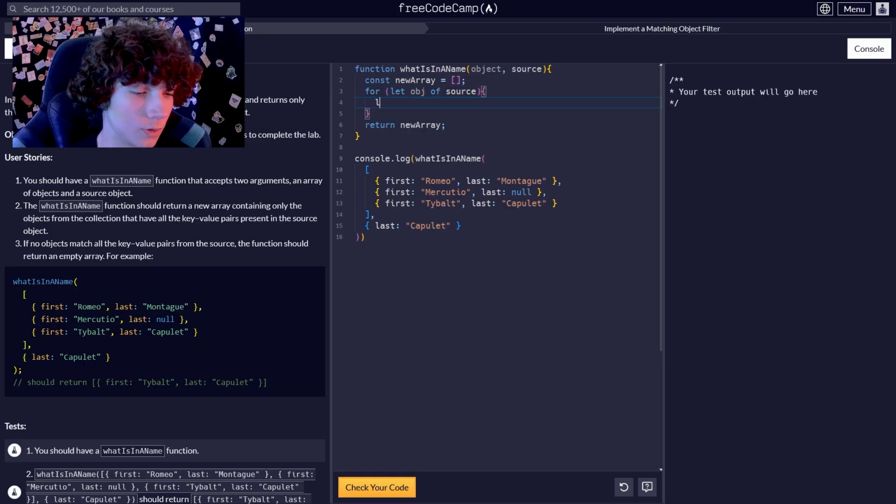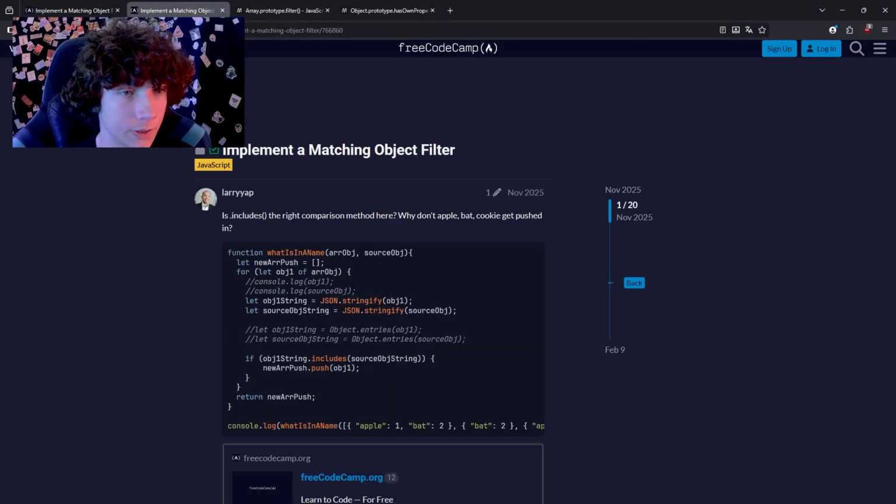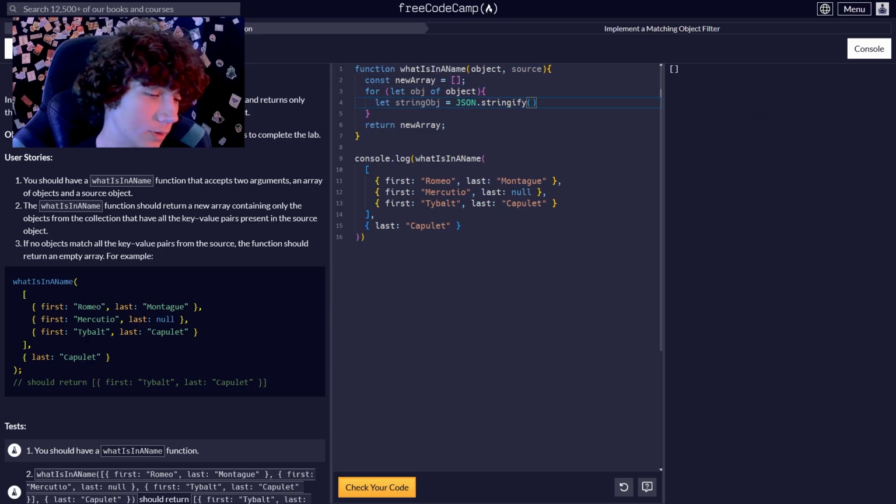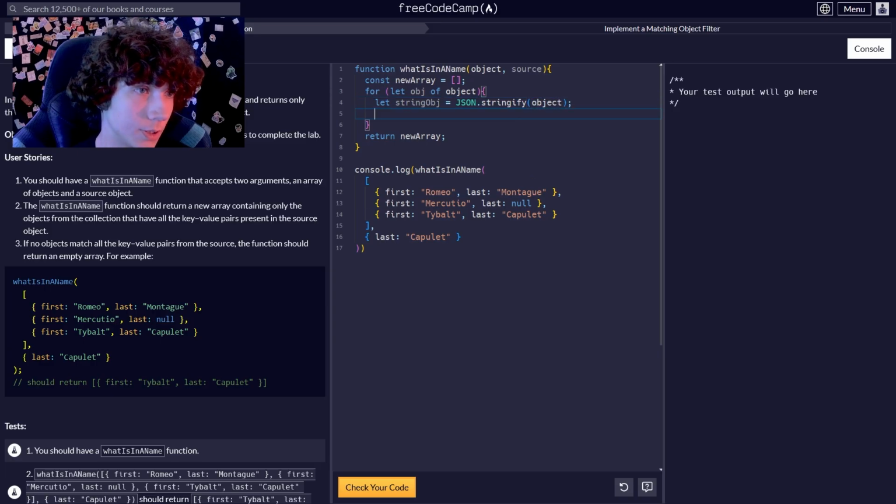Right, so we need let string obj is JSON stringify, and here we're passing, oh wait, here we're going not with source, but object, and we're going let string source is JSON stringify source, and we're going